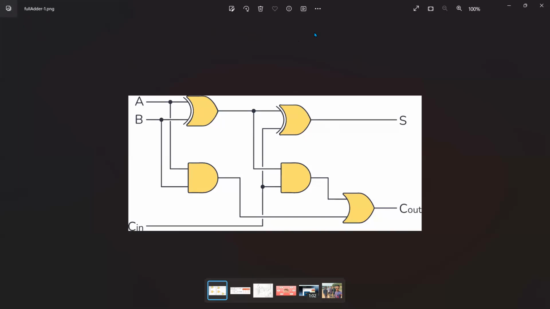So I'm going to the writing pad. This is our two inputs, okay, A and B. And this is our XOR gate, this is our AND gate. This is our another XOR gate, this is our another AND gate, this is an OR gate, okay. So A and B gonna be XOR in here. That means